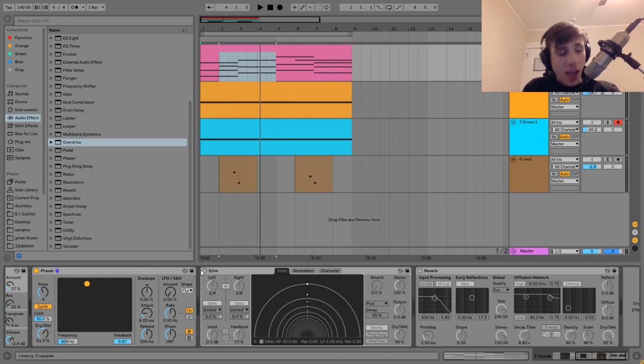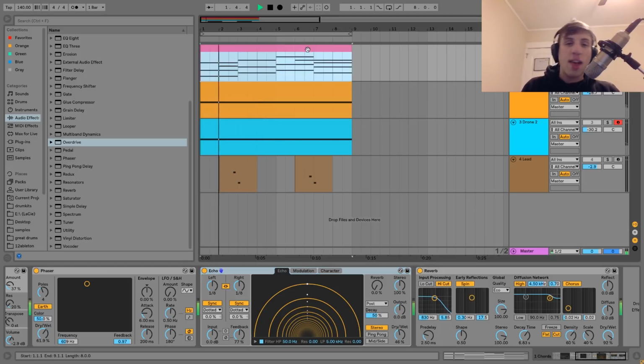After that, we have this echo and this reverb, and these are what is making this sound ambient. You can see the echo, I've got pretty high feedback, pretty high dry wet, and then I've also got a ton of decay time and a ton of dry wet on the reverb as well. And if you want to get that really huge ambient pad sound, this is the key: